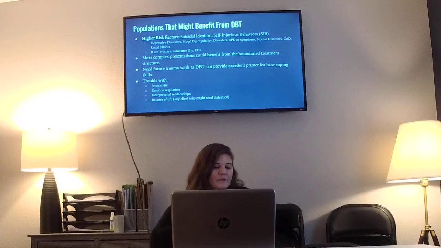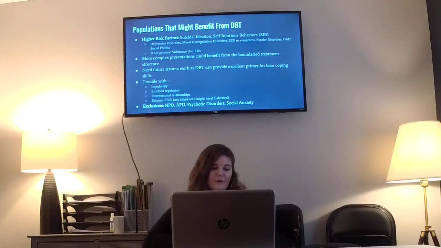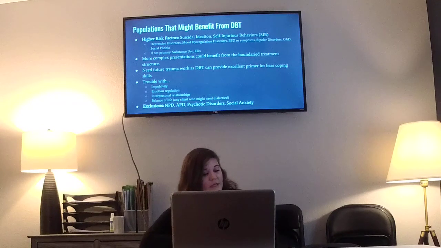So, we're really living in black or white, you're seeing a lot of cognitive distortions, DBT can be helpful to have that balance. So, exclusions for DBT would include narcissistic personality disorder, antisocial personality disorder, and odds are they're not coming in here and we're going to refer them